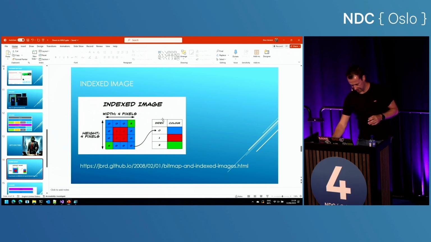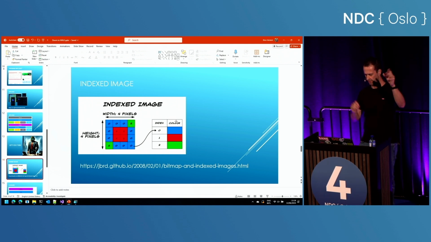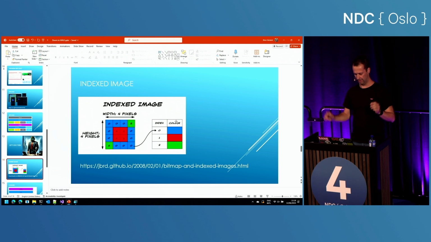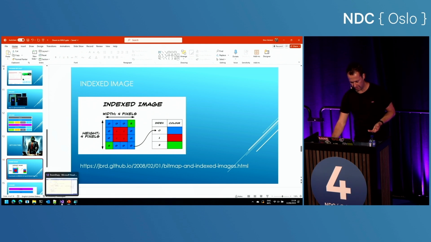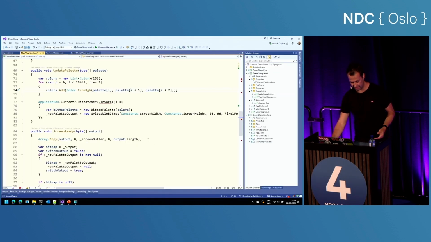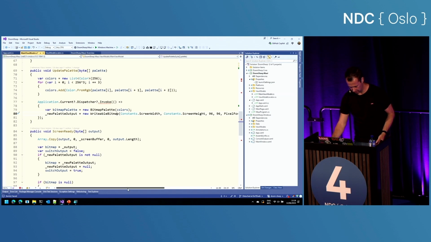So this is our palette, the image on the right here. It says 0 is blue, 1 is red, 2 is green. Then we get our image, our array of pixels basically, and that just contains zeros, ones, and twos. Writable bitmap will take those addresses and replace them with the colors, thus creating the actual image. That's indexed 8 image. It's an older way of doing things, which is why it's less supported these days, but writable bitmap can still do it.